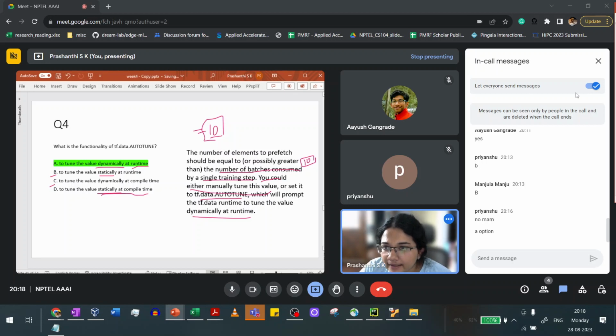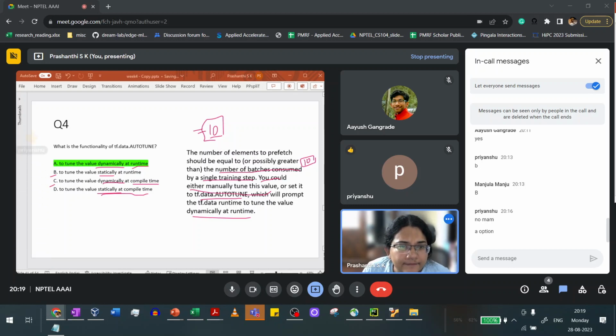So that's why it's not C, where you do it dynamically but at compile time. You want to do it dynamically at runtime, so that you get the best out of it. It's the most flexible, if you want to think of it that way. Does that help? If not, I will also point you to